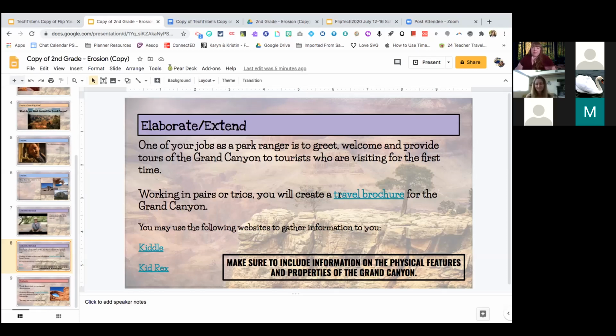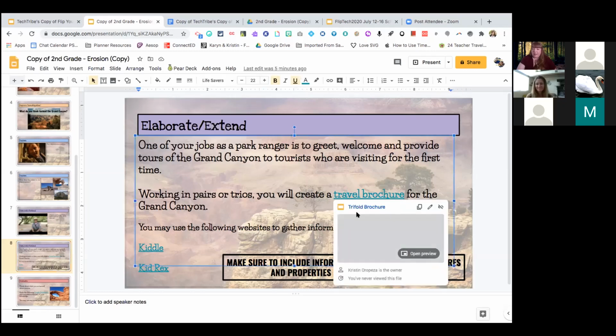So again, that collaboration component that Angela talked about, if you want them working in pairs or trios, being on and using a computer makes that really easy, because one of the group mates can open the travel brochure, they share it with their peers, and then it becomes a collaborative living document with those 3. And so, that template right there, anything that we have in here, there's a template for you if you want to click on it.